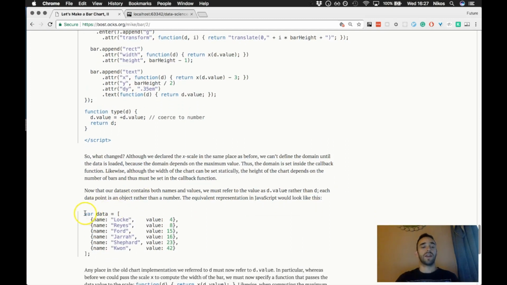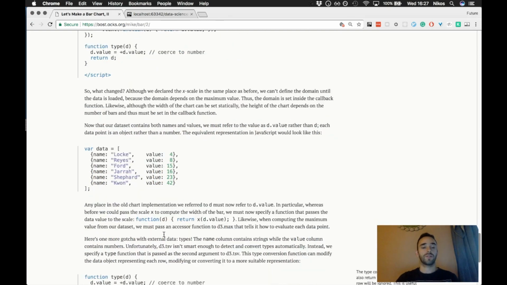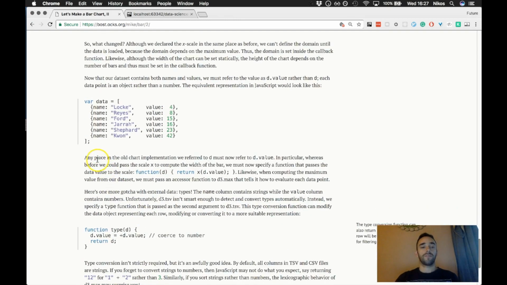This is basically how we would do the data if I wanted to do it inline within the JavaScript. What it's saying is that in the place where you now refer to d, you must refer to d.value because we're using TSV. So in particular, whereas before we could pass scale x to compute the width of the bar, we must specify a function that passes the data value to the scale. Likewise, when computing the maximum value from our data set, we must pass an accessor function to d3.max to tell it